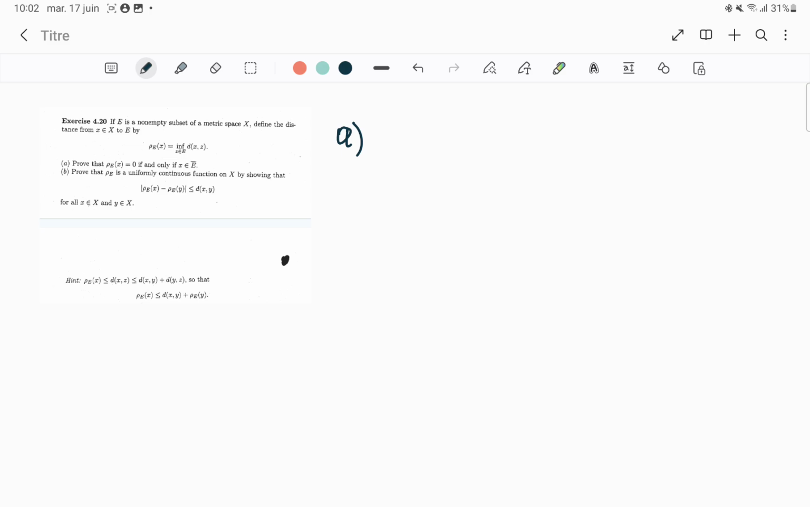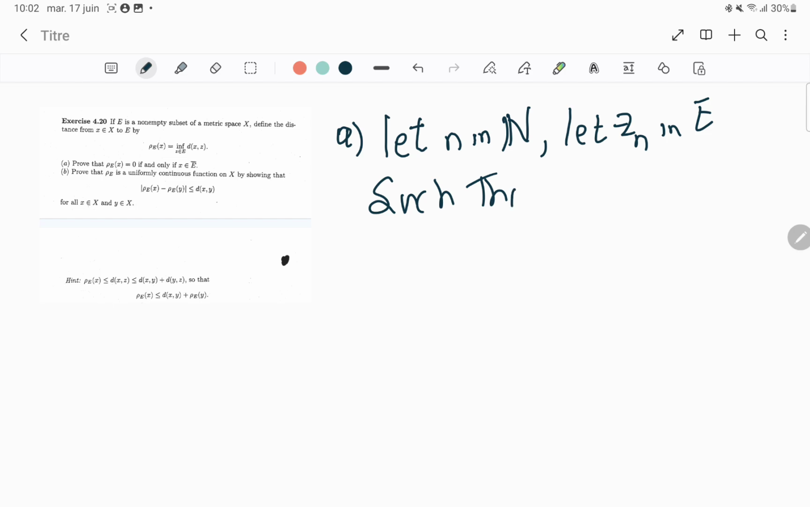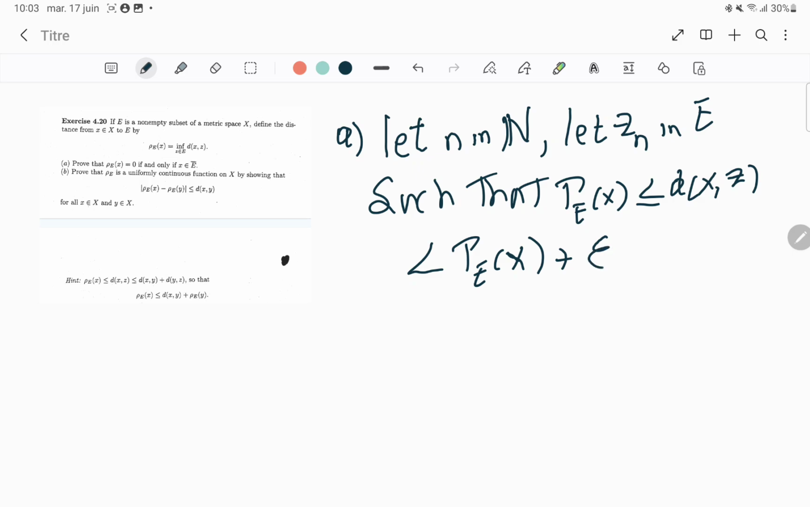Let ε > 0. Let z_n in E be chosen so that ρ_E(x) is smaller than or equal to the distance d(x, z), which is smaller than ρ_E(x) plus ε. Okay, so this is just the definition